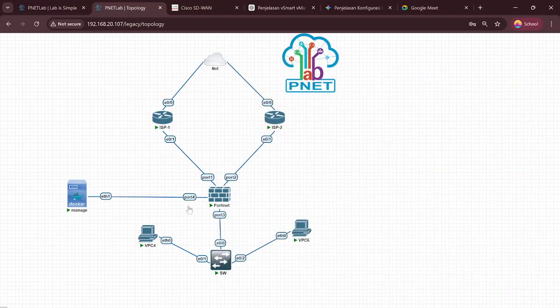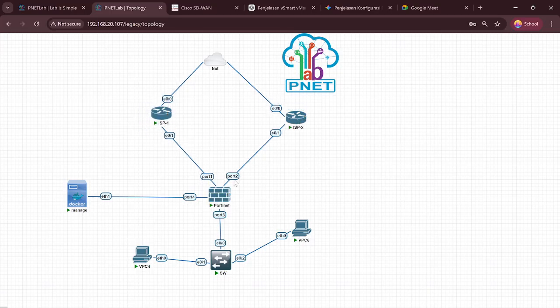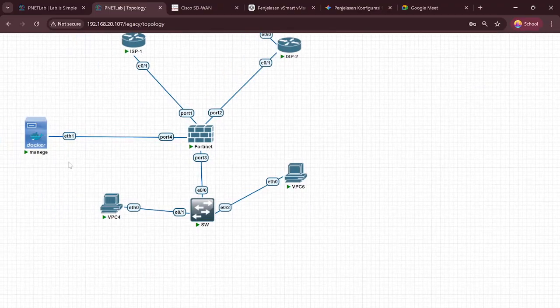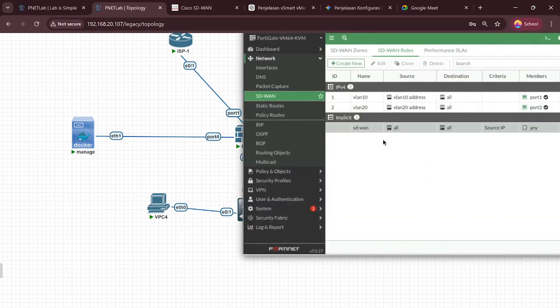The goal is VLAN 10 or PC1 traffic is port 1, ISP1, and VLAN 20 traffic goes to port 2 or ISP2. Okay, SD1 roles, and next the verification of the static route.